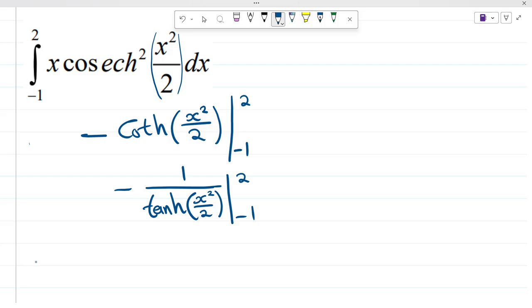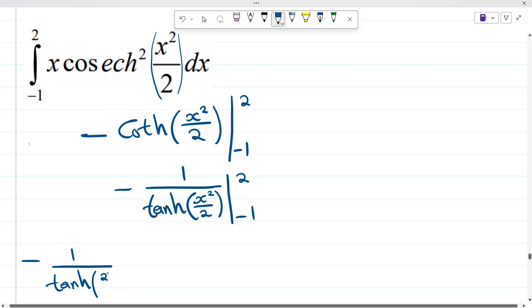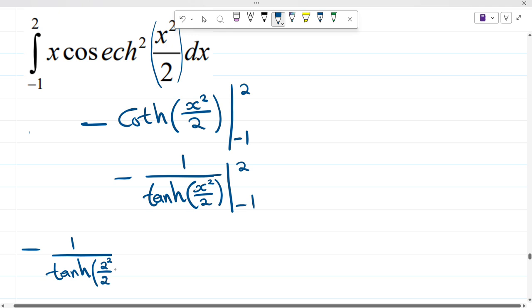So now we're going to substitute, the limit is going to be -1 over hyperbolic tan of 2 squared over 2,